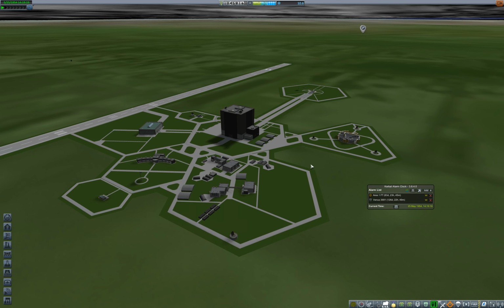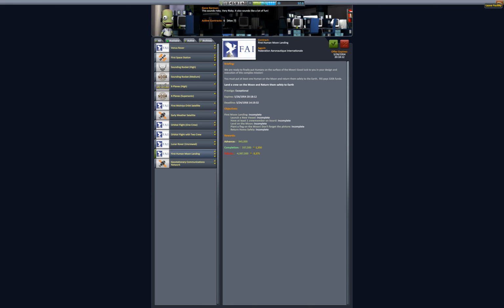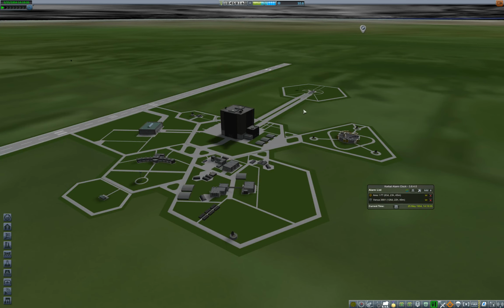I'm considering an Eagle Block 5 to do the crewed orbit. Am I going to put humans on the moon by 1956? How much is the advance? $945. Yeah, could do it by 1955. Let's see. We need enough money to upgrade the pad, and then we need the pad to finish upgrading. If I really didn't care about my crew at all, then